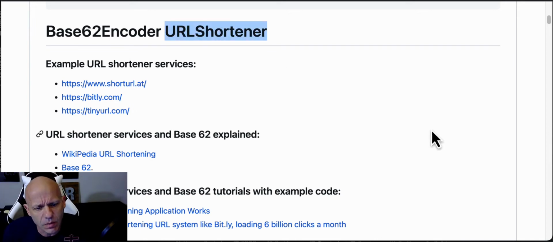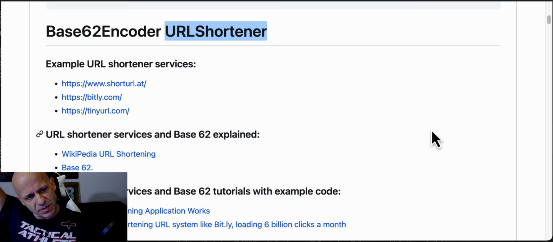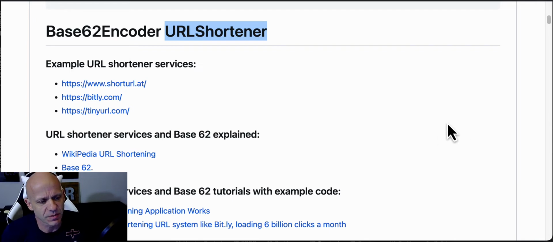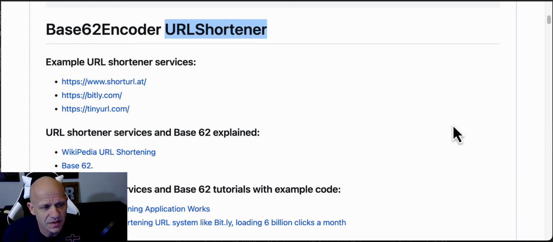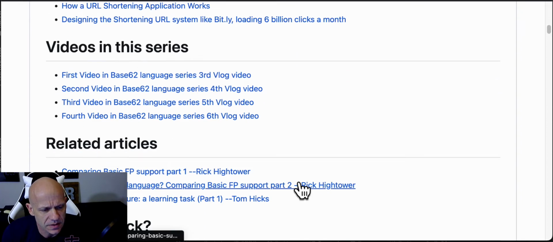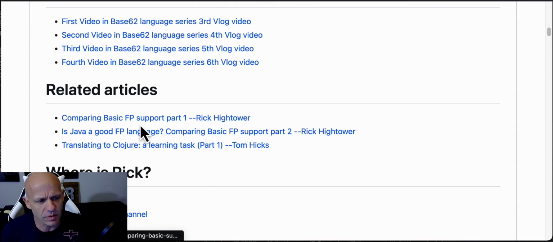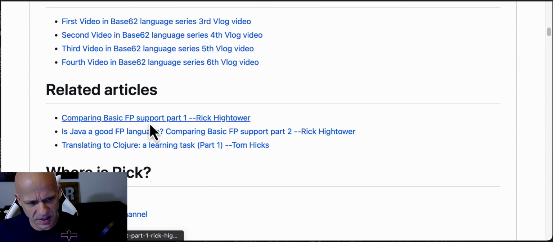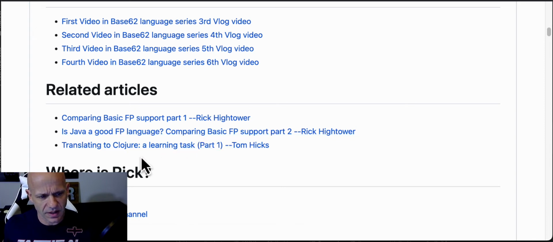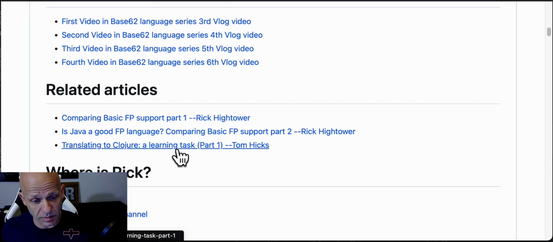And what we're basically doing is using a simple example to show different functional programming styles in different programming languages, more or less. So this is the 4th video, and we have an article where you're comparing some basic FP support. There's a follow-up article, is Java a good FP language? And then there's an article by Tom Hicks